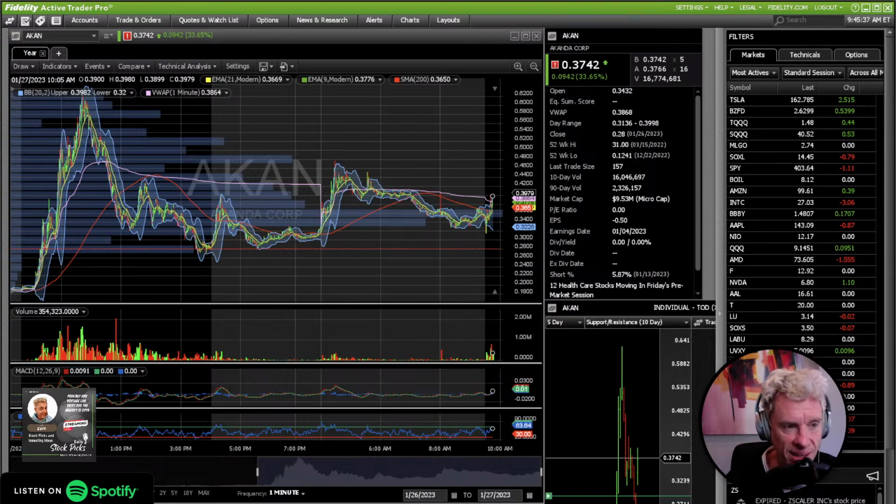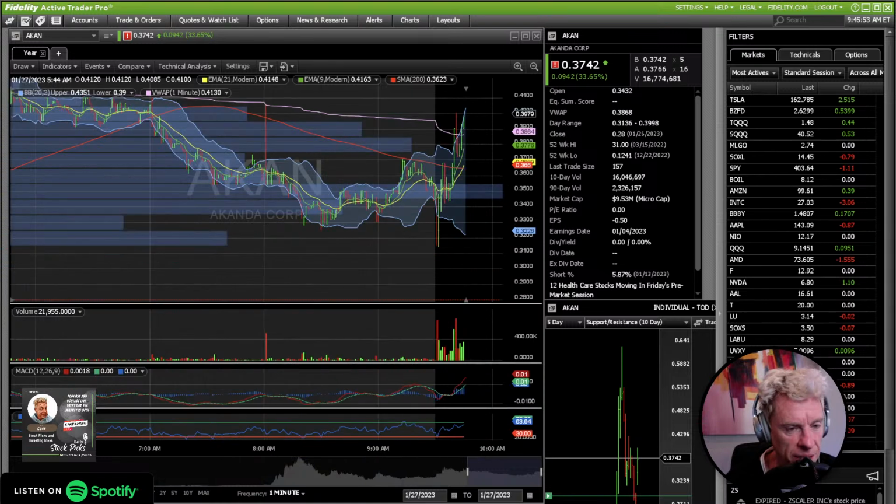This one's messy. See the volume from yesterday? It kind of took off when the volume kind of took off. It's got a similar volume pattern right now, but when you zoom in on a 1 minute chart, the RSI right now is at 63. The MACD's up there. You've got confirmation and it's moving up. But I don't trust that. If I look at the 5 minute, I'm sure it's probably similar.